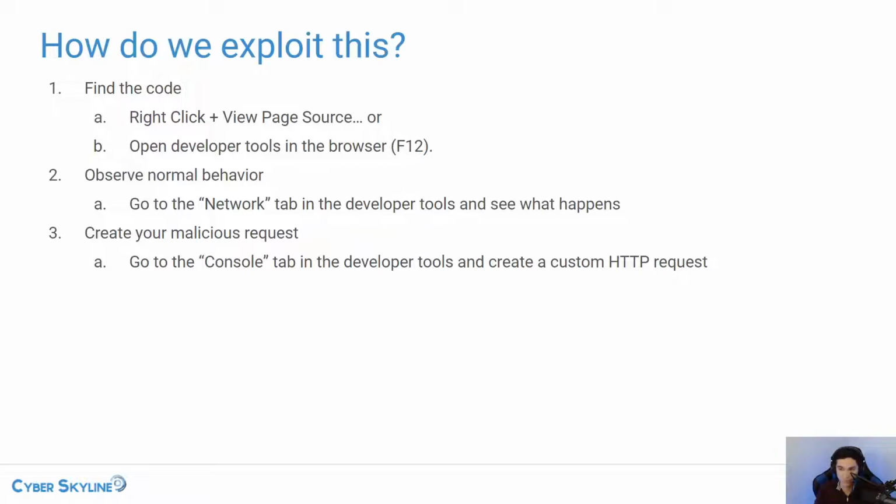Or is this some code that developers for this website specifically wrote? And can I go and analyze the code that they wrote for that button? Another way that you can do this is to open the developer tools in the browser. If you hit F12, or do a right click and inspect element, it'll show you the HTML for that page, and you can see any of the JavaScript files that